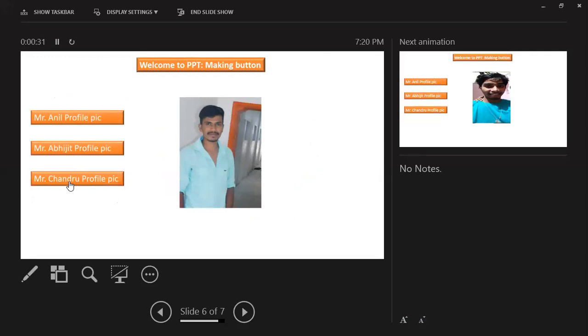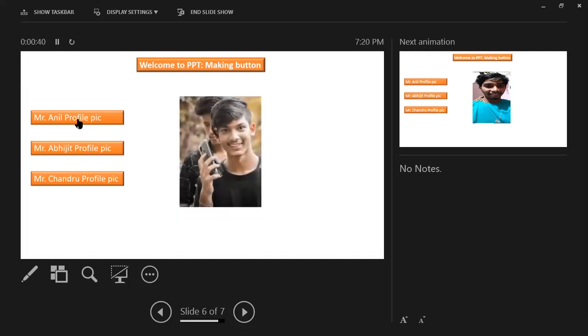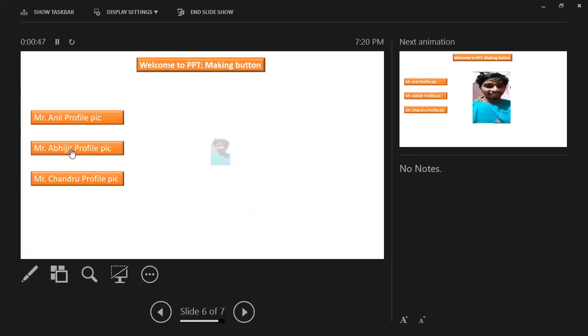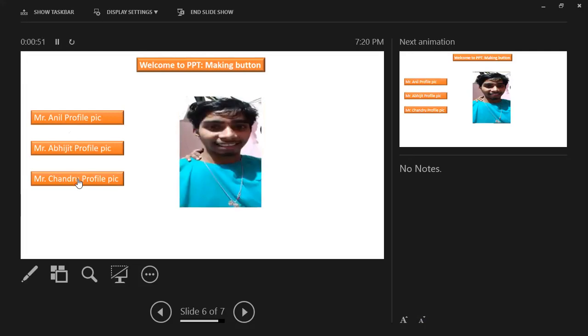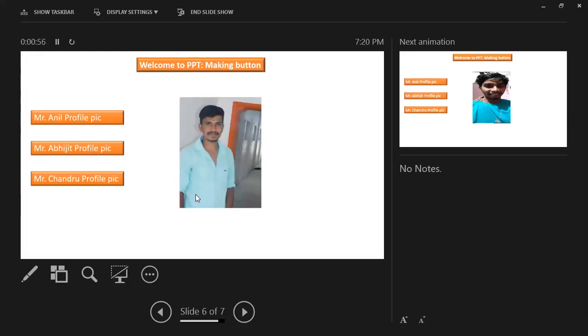Next one, where I have Abhijit. This is the Abhijit profile. When I click on any profile section, so this is the clicking. Now it will work all the time. It will work when we click on it. Got it? So this is the one. How to make the link to profile visible, and at the same time make it disabled.